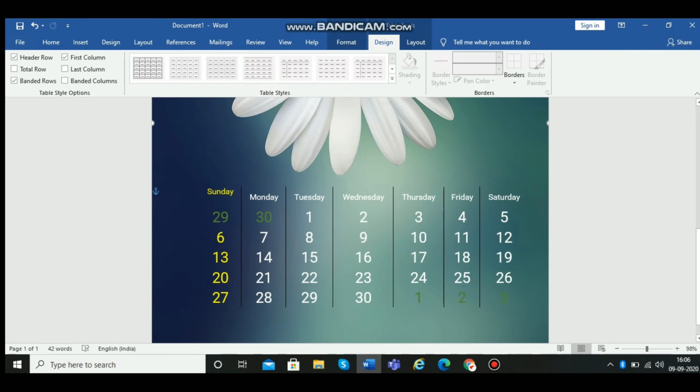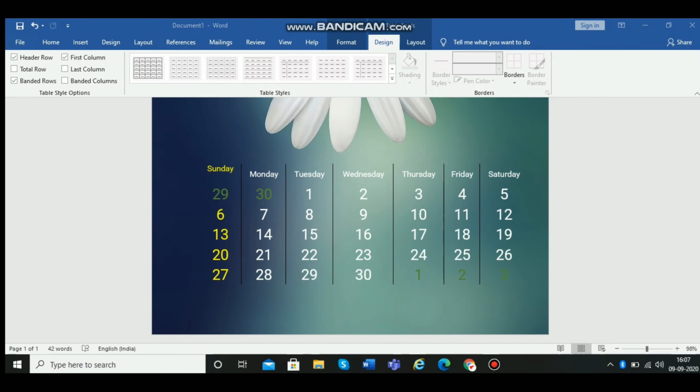So yeah, it looks good now. And then what we want, guys, this is an important part which I'm telling you, so please focus on that. Guys, whenever you make a calendar, what's the use of a calendar? The use of the calendar is basically that you need to schedule some things. Okay, so you have an appointment to go to the barber or to any doctor, so you have to point the date in your physical calendar. So we'll do that in this MS Word calendar.